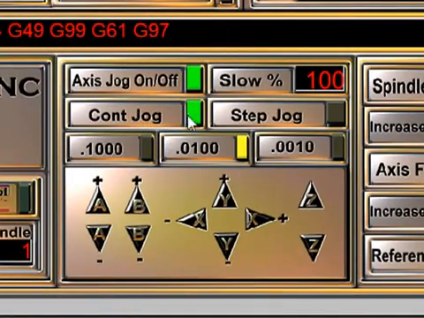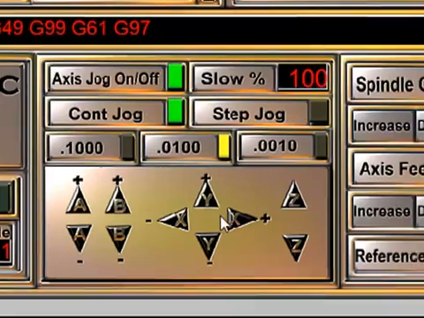If you're in continuous jog, rather than click on Step Jog, we can simply press down the Control key on your keyboard, and you'll notice that the Step Jog lights up, the continuous jog is still lit up, and as you press the keyboard or click on one of these buttons, it moves it, in this case, 10/1000ths at a time. Then once you release the Control key, you're right back into continuous jog, so you can move it quickly. So I can make adjustments very fast without stepping back and forth between these two buttons.